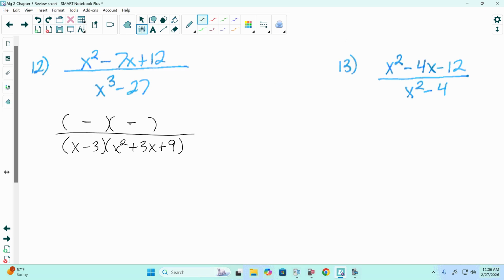Now we need to find the factors of the first and third term. Well, the factors of x squared are x and x. Factors of the third term, factors of 12: 1 and 12, 2 and 6, 3 and 4. Which one do we want? 3 and 4. Because again, we're looking for something in common on top and bottom. And if it is x minus 3 times x minus 4, our x minus 3's will simplify. And if I check it,